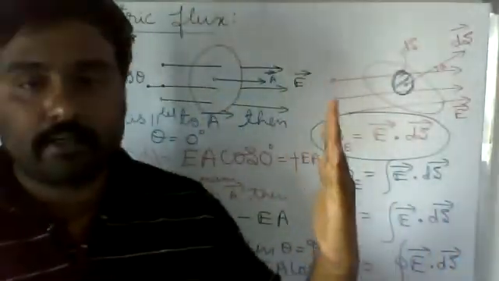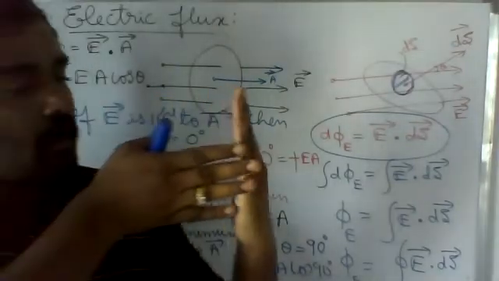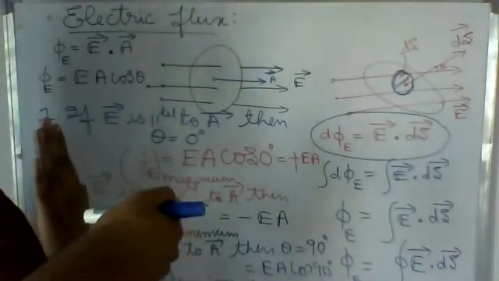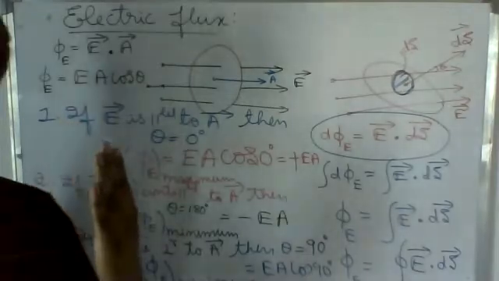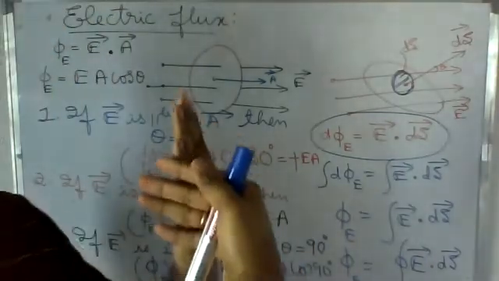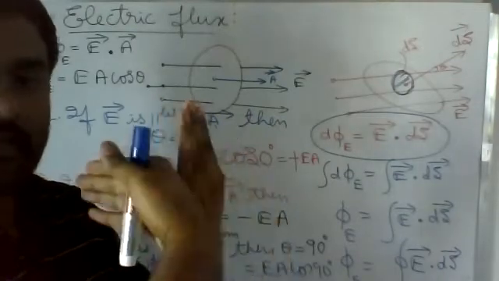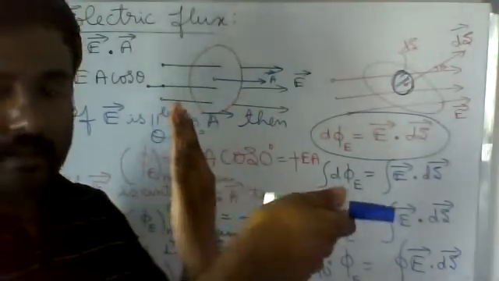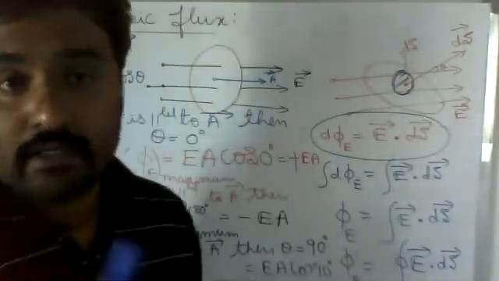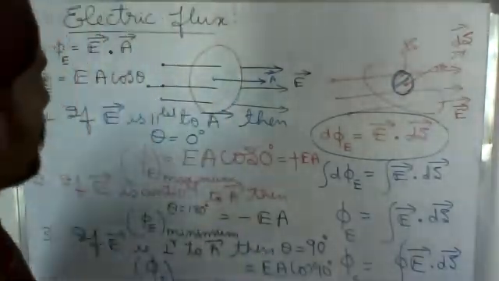When the net electric field lines are directed outwards, in this case this is the E vector, this one is the A vector. So the E vector is parallel to the A vector, and flux is positive. Okay. When net electric field lines are directed inwards like this, this is the E vector, this one is the A vector. The E vector is anti-parallel to the A vector. In that case, electric flux linked with the surface is minimum and that is negative.